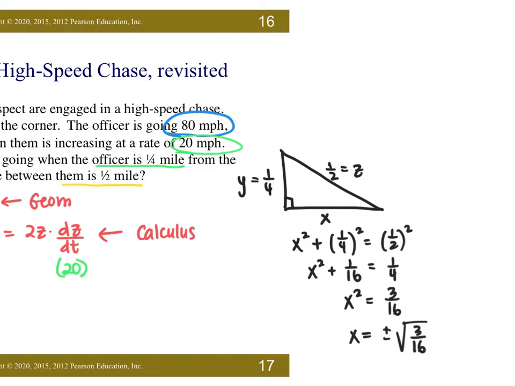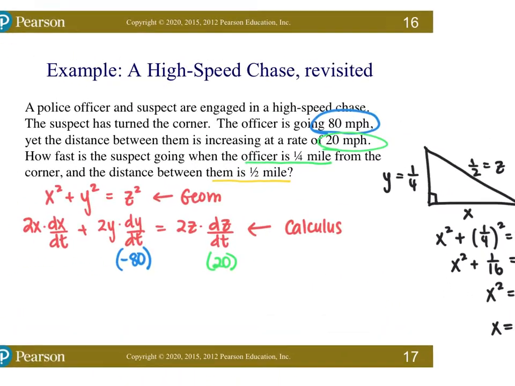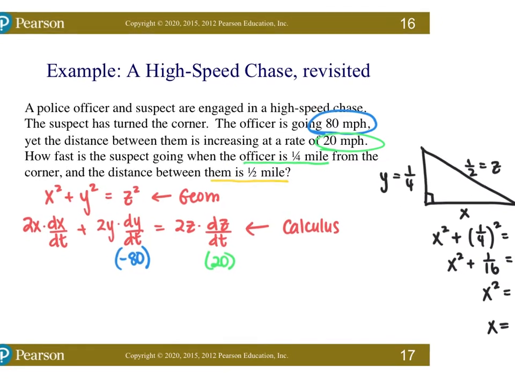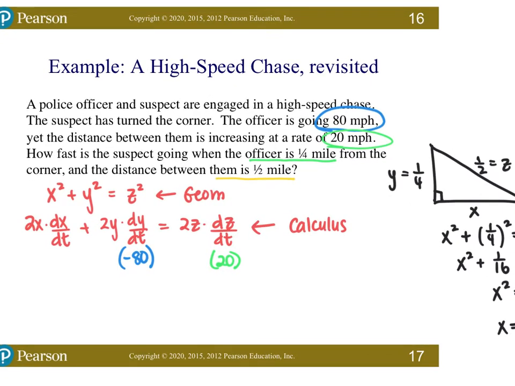So now not only do we have a 1/4 to go in for y and a 1/2 to go in for z, so let's get those in. The 1/2 goes here, the 1/4 goes here. We also now have the x value of the square root of 3/16. And the only thing left